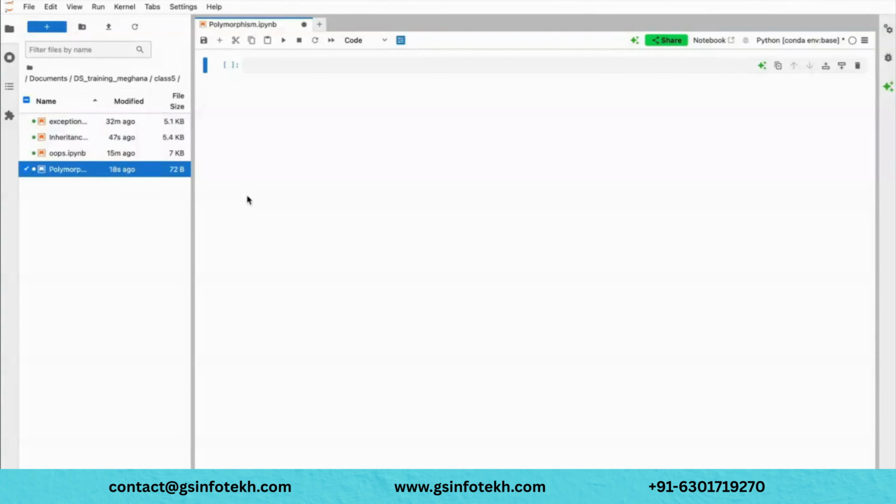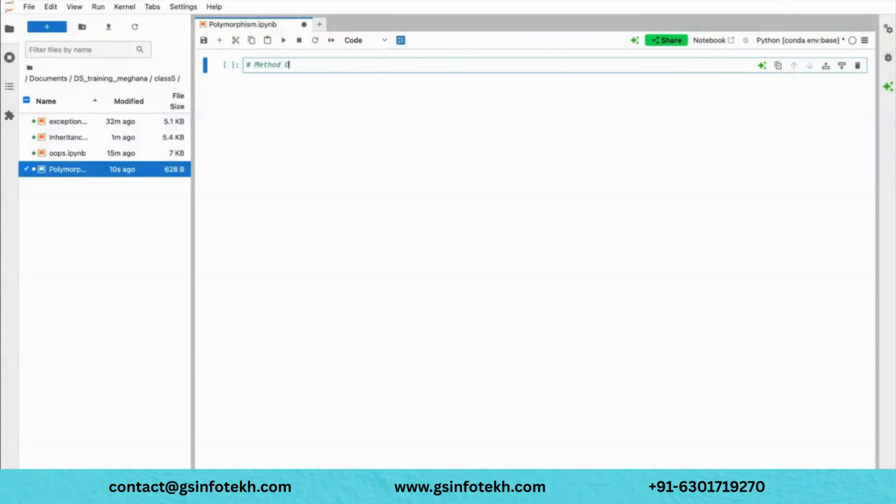Here we will use some method overriding concepts. Polymorphism is typically achieved through method overriding and the interfaces concept. So let's see how you do method overriding in Python.